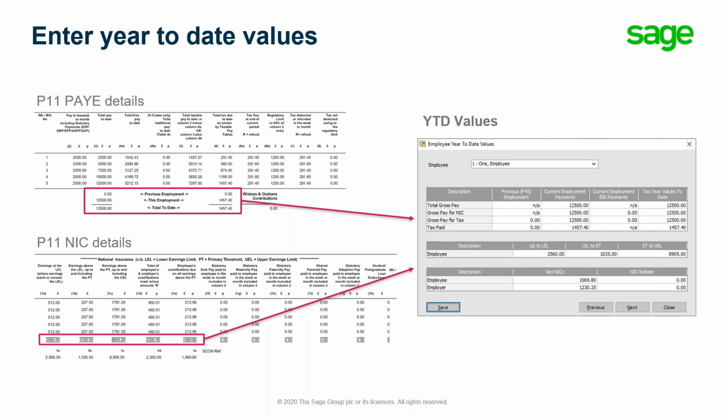The best place to get this information is from P11 reports, if your previous payroll system has them, or they should have something very similar to a P11 report, which will have the relevant details. So you'll need to know the taxable pay to date, the tax that had been paid, and some information about national insurance, so earnings between the different earnings bands, and the employee and the employer national insurance contribution as well. So I'll quickly show you where to find those two options in the program,